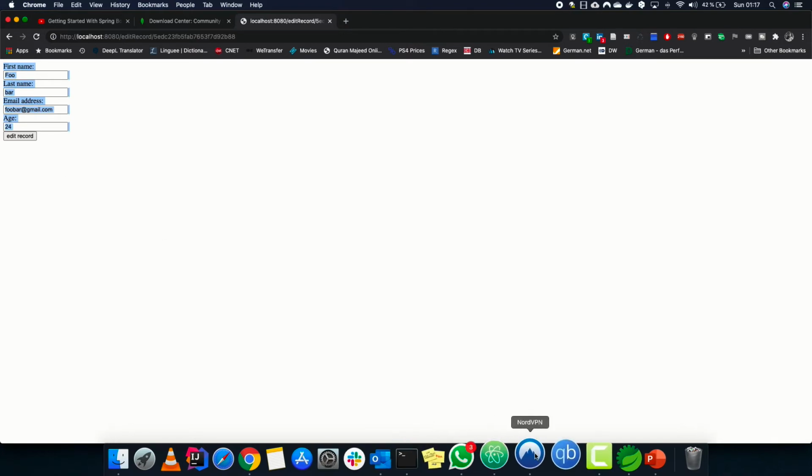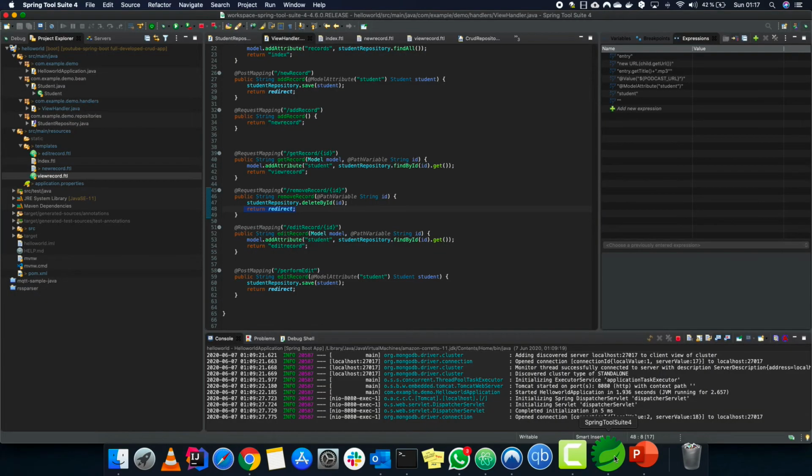Now we go and we click on edit. So let's go into the view record part. Here when we click on the edit, it is same as the previous one, but here we are calling the edit method. So once we call the edit method, everything is same except the view that is being returned.